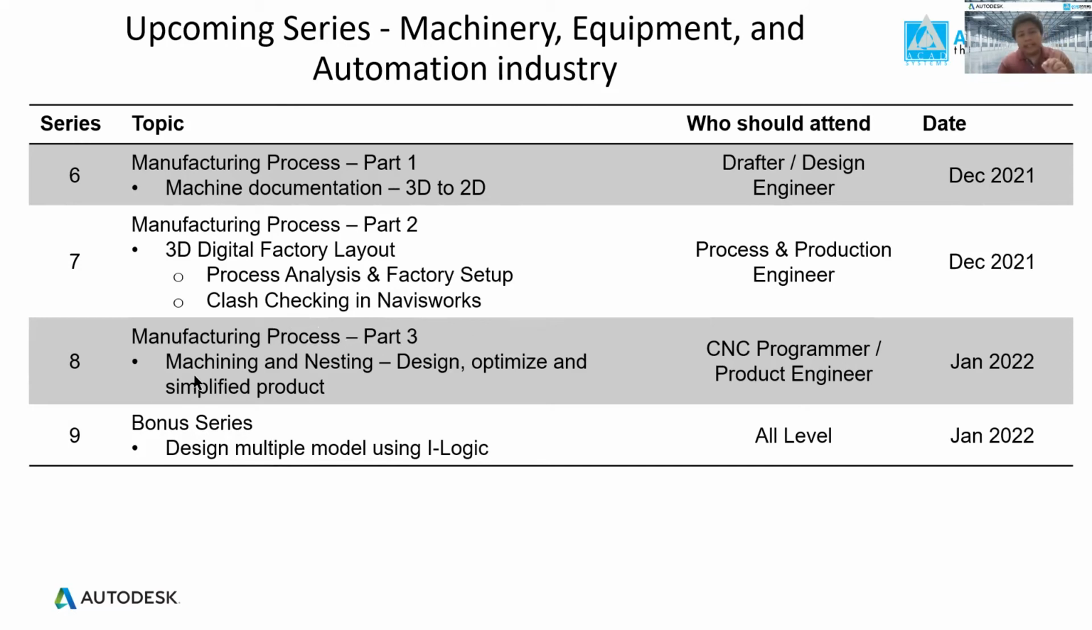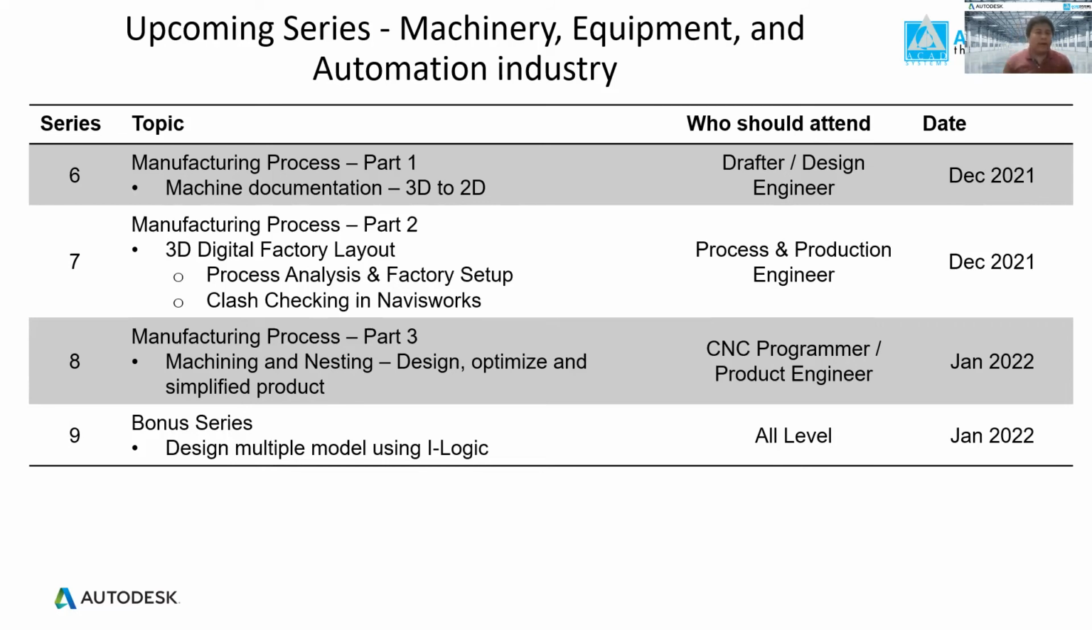Okay, so the 8th series is focused on the CNC programmer or product engineer who is really interested in learning about machining, CNC machining, and nesting. So sometimes people ask, what is nesting? Nesting is when you have one part with one size and another part with a second size, and you want to arrange them in one sheet plate. Then the software will help you automatically generate the file from your 3D model, flatten it, and directly do the arrangement on the sheet metal plate. So this is to make sure that your manufacturing process can be done,